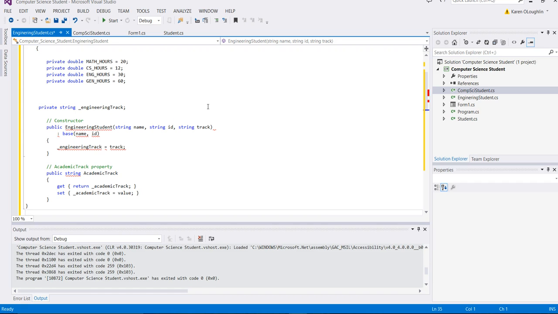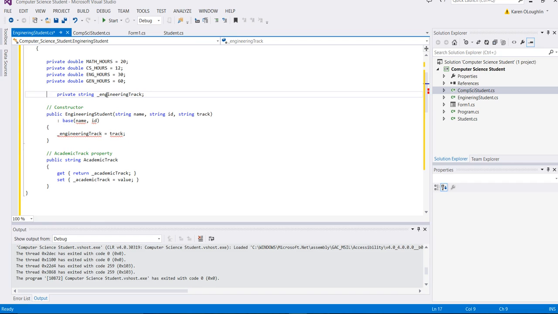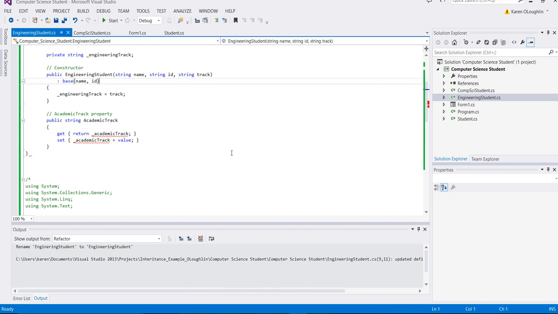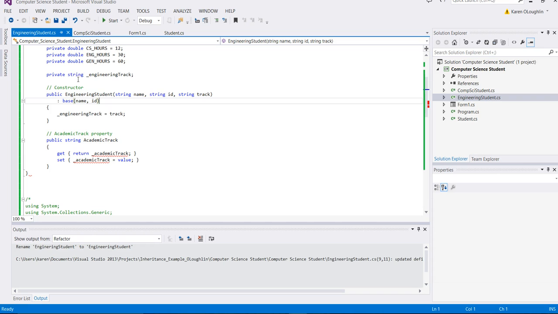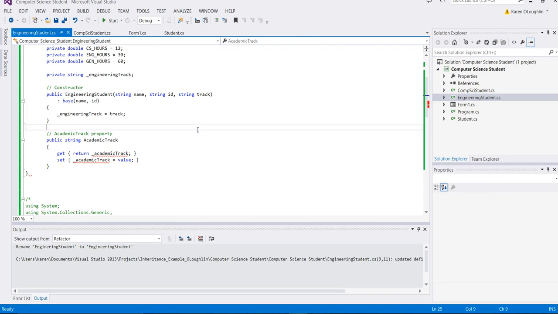I'm going to pause this for a second to fix some of my errors here, just to investigate and save some time on the video. So give me a moment and I will be back. My error was a typo. I misspelled engineering, and it was in the name of the class, so I did a right click and I did a rename. That's the way that you should rename classes, because then it takes care of everything for you behind the scenes. And lastly, what I need to change here is